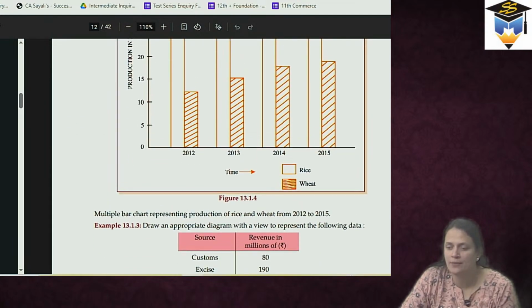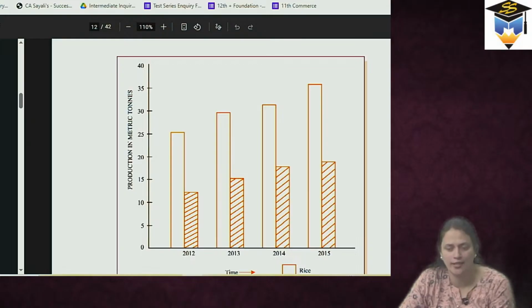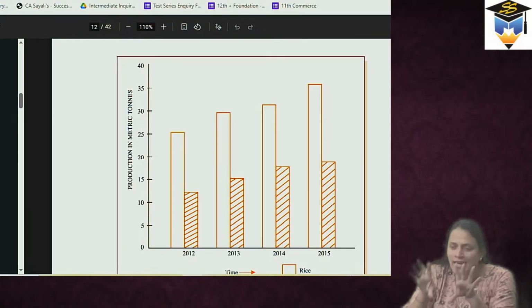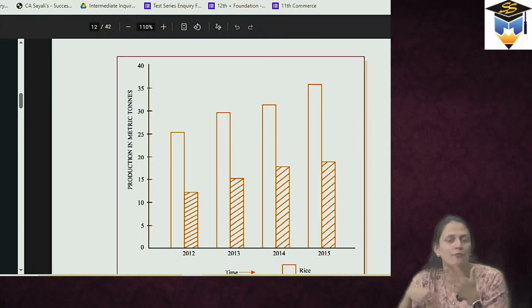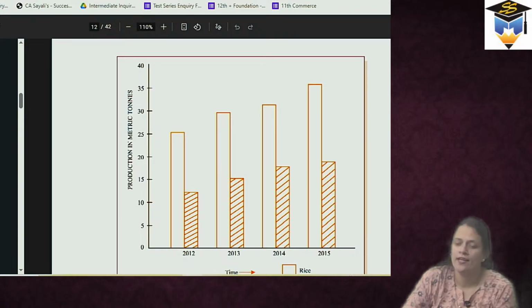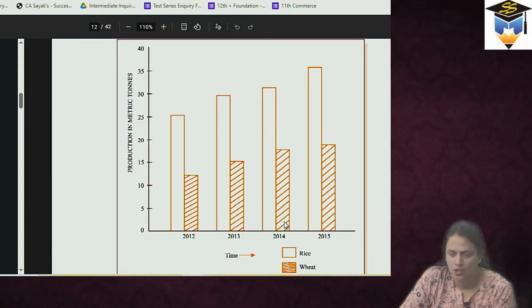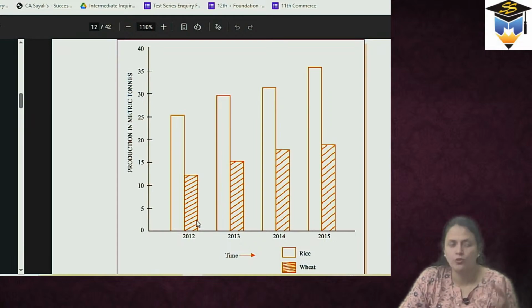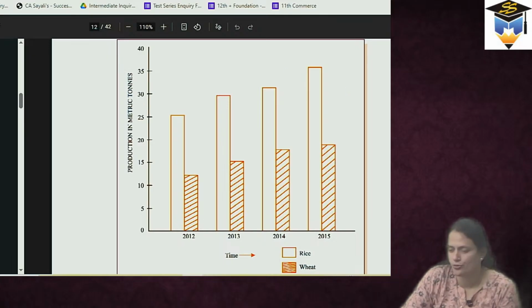Now यहाँ पे उन्होंने डबल बार ग्राफ, मल्टीपल बार ग्राफ दिखाया है. So just by looking at this diagram, can you tell me what type of information is stored? But अभी जो x axis पे जो दिखाया है, so ये जो है, this is related to rice, और ये जो है, this is related to wheat. So the commodities are different. Two commodities are there. That's why double bar graph. ठीक है? So just by looking at the graph, you will understand what is given to you.